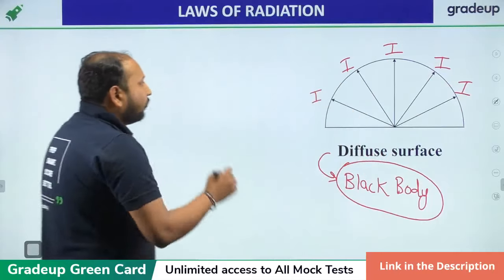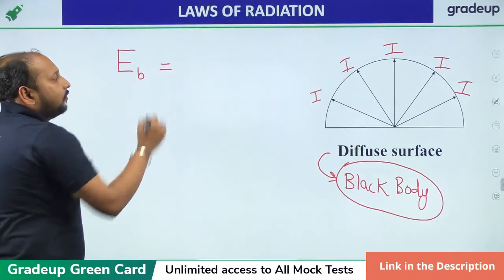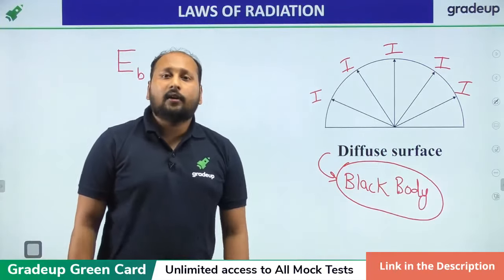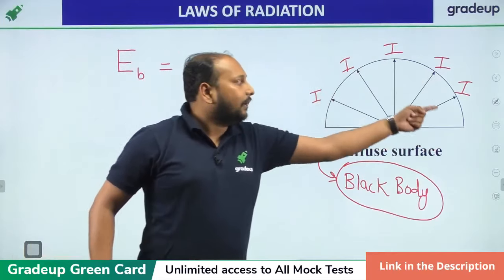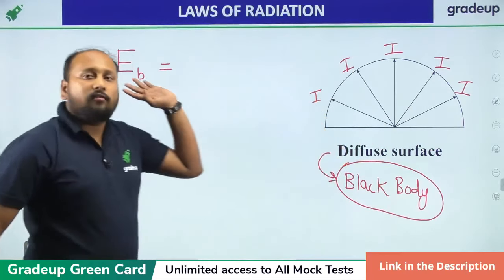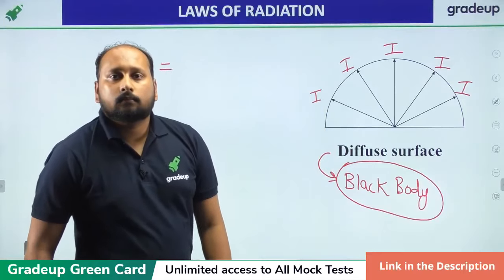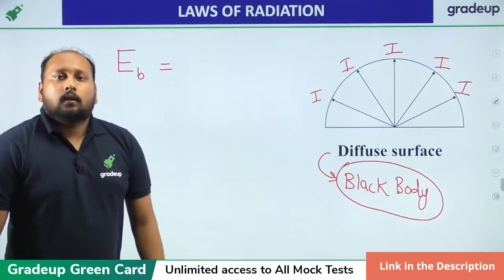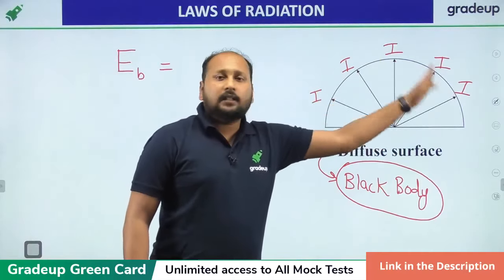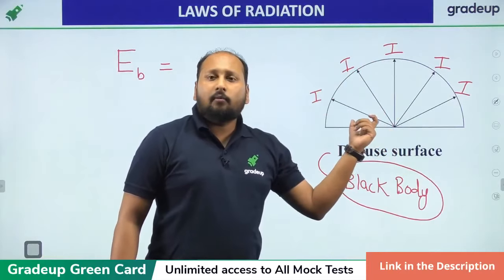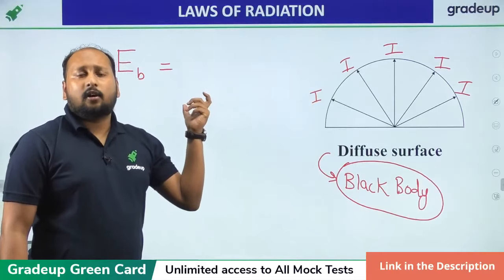Clear? So if I want to write the total black body emissive power in terms of intensity of radiation, can you tell me? If I say in all the directions we have the same intensity of radiation I, can you tell me what the equation of black body emissive power will be? Quickly. If in all directions we have the same intensity of radiation, this is a black body, so what is the relation between the total emissive power of a black body with the